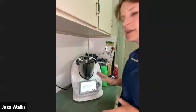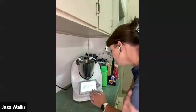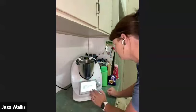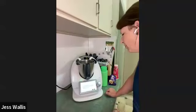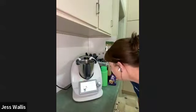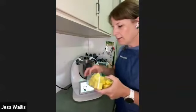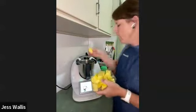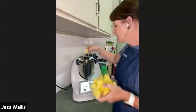You'll notice that the recipe is a little bit different on the screen when you do the created recipes. It's just a little bit different to what we used to, but as you say, you start off here and you can pop in the ingredients. It brings up the scales. So we need 130 grams of butter. So I've just got my butter here. I know I probably say this every time, but when I buy butter, I like to actually cut it up into cubes and keep it in a container